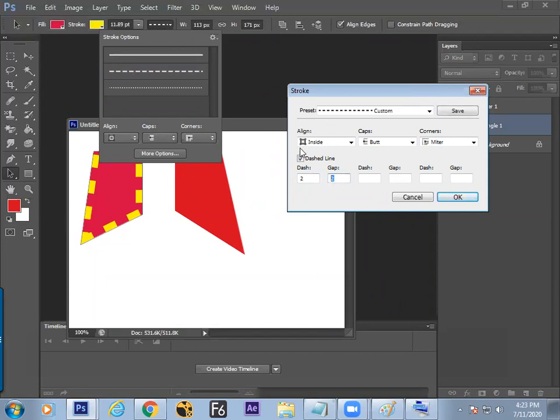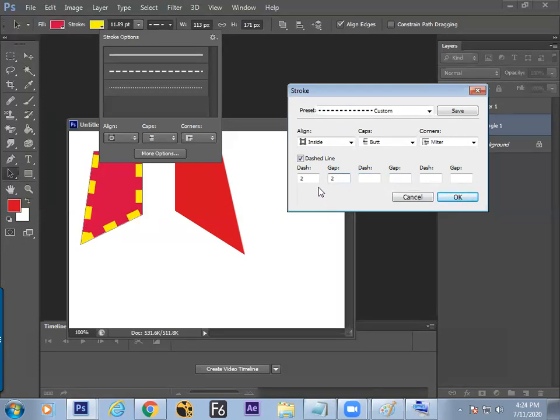Now the second, after this 2 pixel length dash, we need a bigger length. Yes, 5. So we have understood now how to customize it. First dash is 2, then gap is 2, then dash is 5, then gap is 2. It is possible. And if we don't need it, yes, delete that.